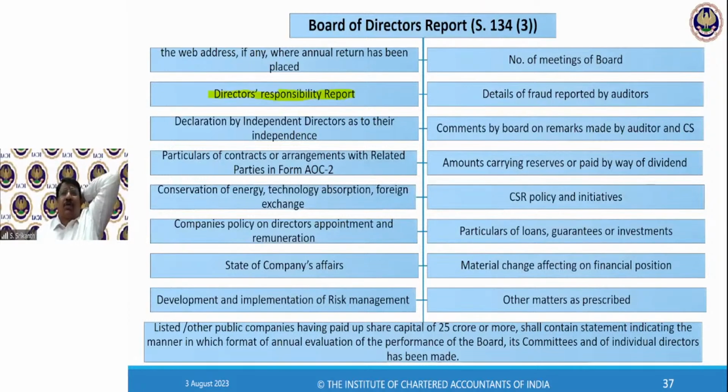Chalo. Now, the board of directors report should contain certain standard things. These are the matters that need to be figuring in your board of directors report. I will just quickly run you through it. You may also try to remember this, but it's pure dry theory. I don't want to waste too much time. The web address, if anywhere the annual return has been placed, number of meetings of board, how many times did you meet, you have to disclose. Best way to remember this is to take a board of directors report and go through it along with this list. Then you will see how they have disclosed these things.